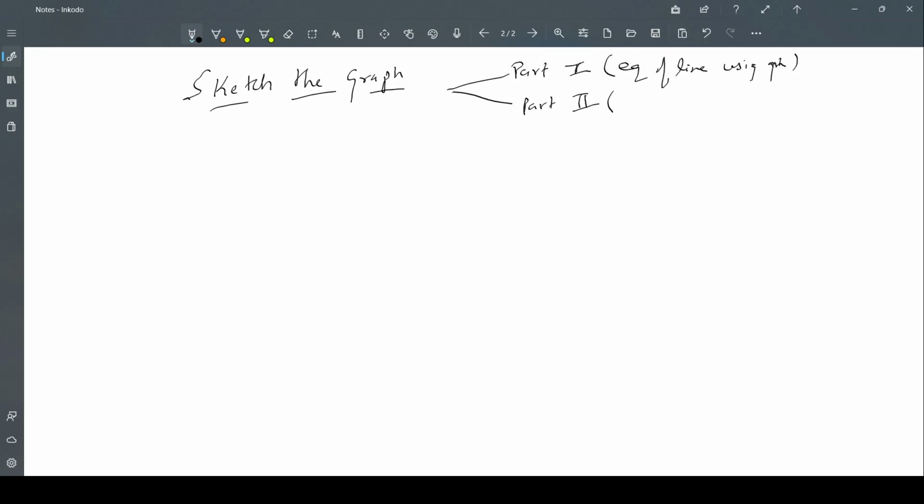In part 1, I also explained very well how to plot or sketch the graph of a line equation. If you have not watched these two parts, it's a must to watch them before watching part 3. So in part 3 we are going to discuss